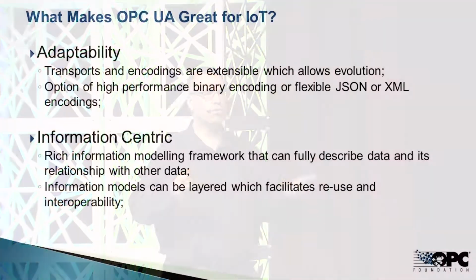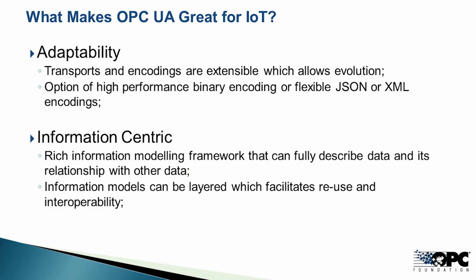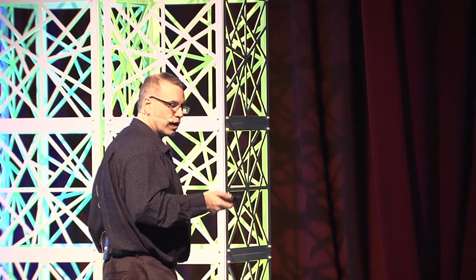And the last thing, which is largely out of scope as far as this particular talk goes, is the rich information modeling framework, which allows you to work with data using terms and concepts that are relevant to the domain you're working with. In UA, you're not dealing with tag values and PLC inputs and outputs. You're dealing with objects that produce events and have variables and have methods. It's everything that you would expect from an object-oriented coding environment, but it's available via an address space which you can browse using standard APIs. And one of the advantages of this